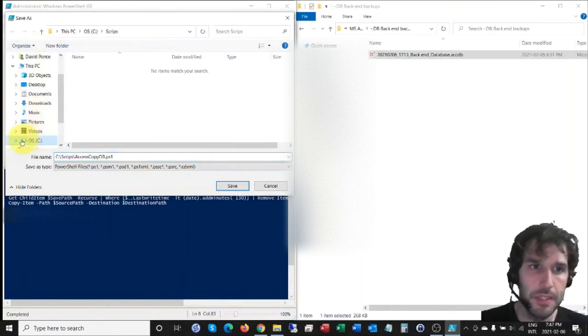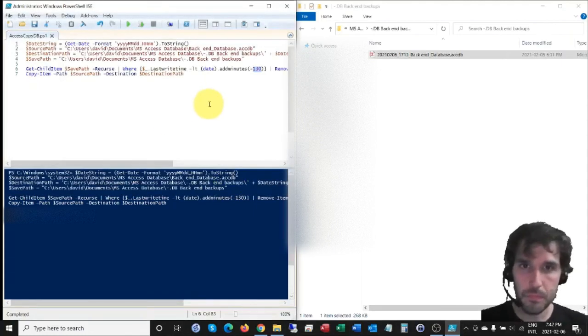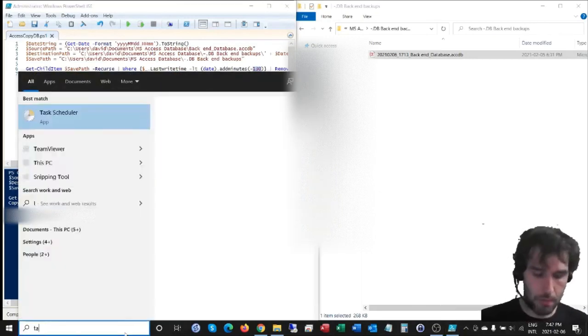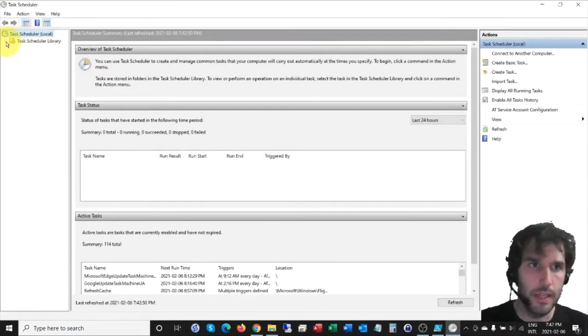I'm going to save it in the same folder we created at the beginning of the tutorial, scripts, under the C folder. And I'm going to call it access copy database. PS1 is the extension that defines PowerShell files. Now that it's safe, I'm going to open Windows Task Scheduler, and